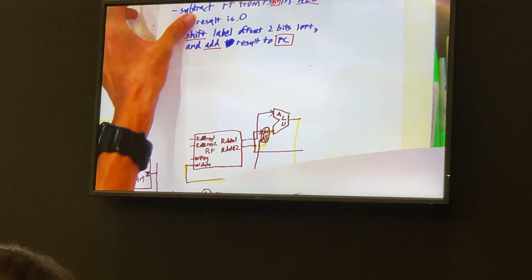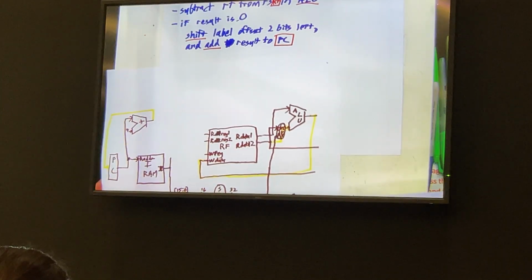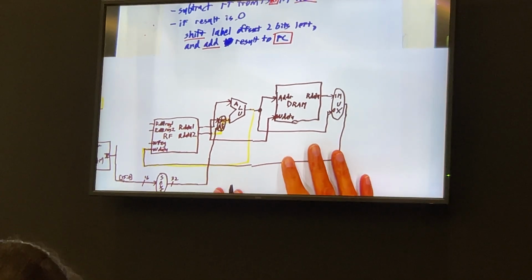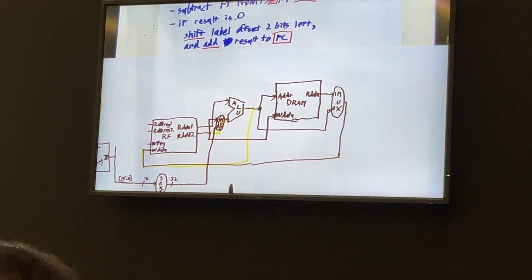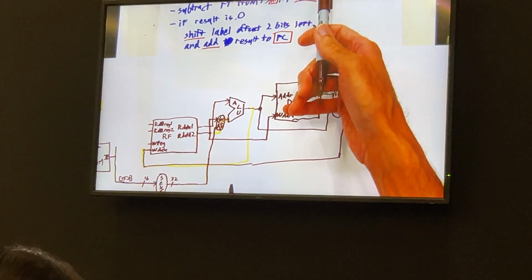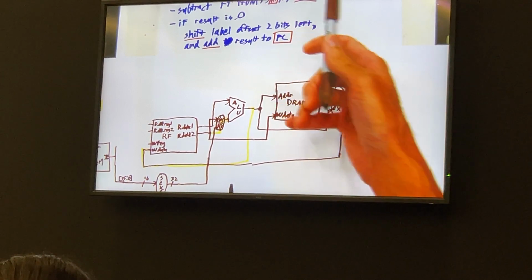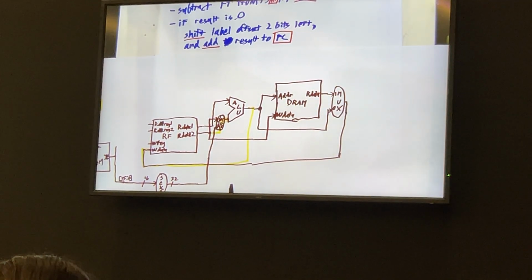There's combinations and sequential elements. Okay, now it's going to get a little hairy. This offset is going to be stored in the immediate field. It's going to be stored in bits 0 to 15 of the instruction. If you look at the machine code, that's where it's stored. So bits 0 to 15 of the instruction are going to be